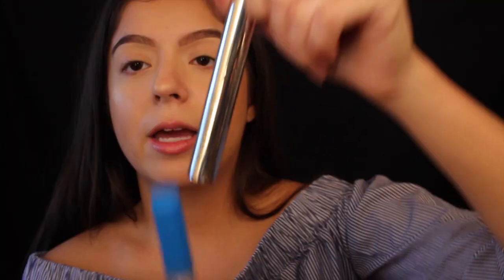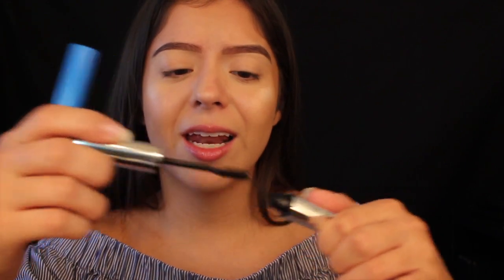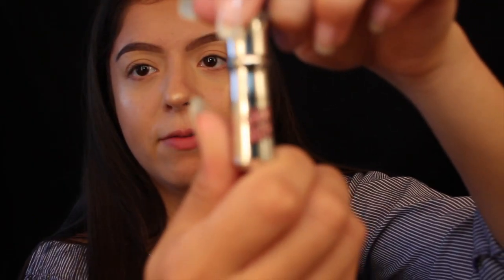Eyebrow gels: Anastasia brow gel, and then the Wet n Wild brow gel. Honestly, I like the Wet n Wild better because the Anastasia one feels like it's empty in there. When I take it out, I don't feel like I'm getting any product out, and I barely used it. This one seems to set it better too. The Benefit Give Me a Brow